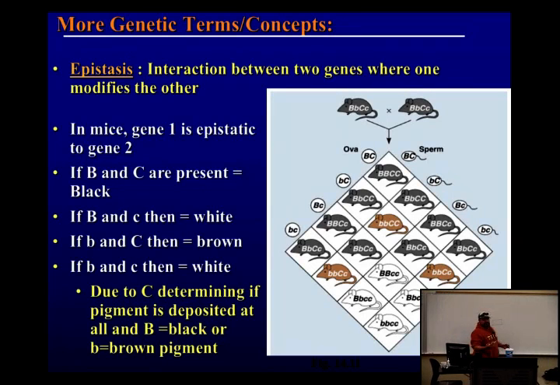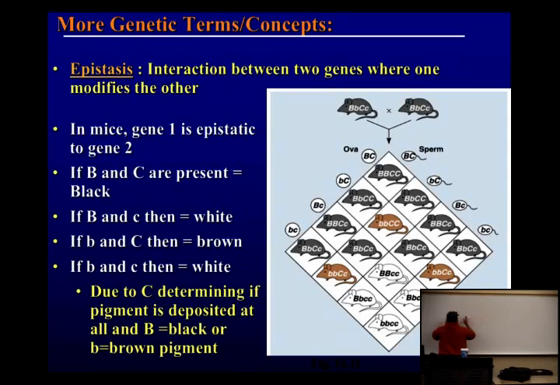You can think about it as, let's say you want to paint your wall, right? So you need to buy the paint, but you also need someone to put the paint on the wall. So there's a B gene, and that's responsible for making the paint, and that works with the C gene, which is the painter. So if you have paint but no painter, what happens to your walls? They're white, right? So you need the paint and the painter.